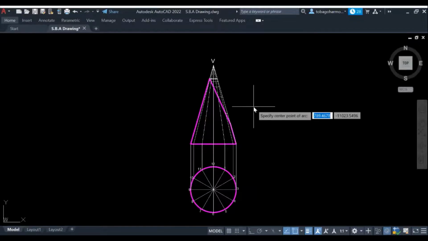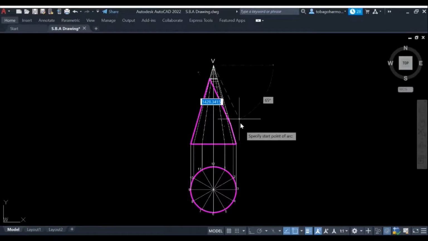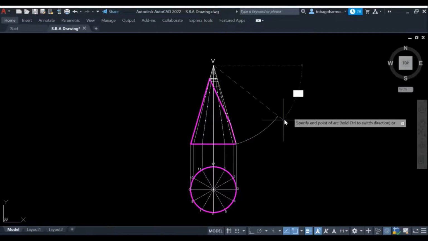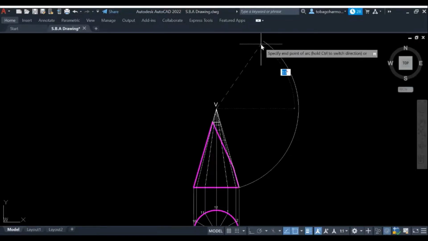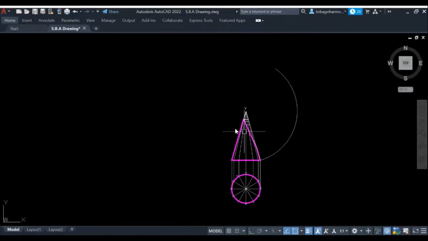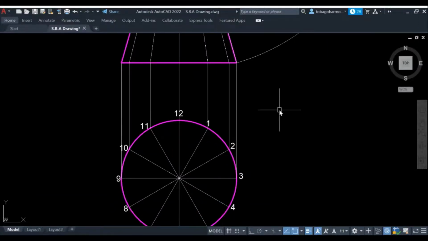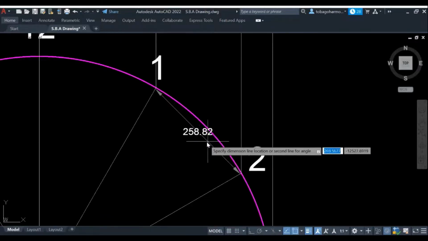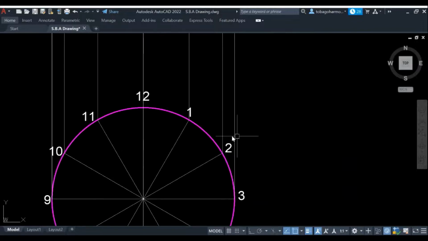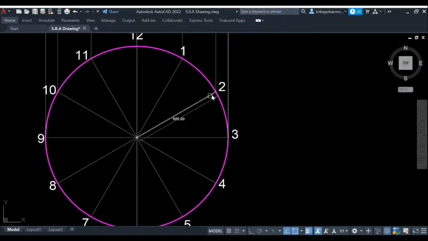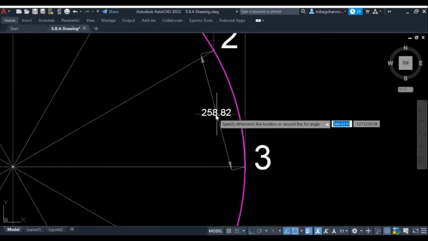Now I have a very clever way for us to determine the length of it. Firstly, we're going to draw an arc. The radius of the arc is V3, as you can see here. Wonderful. And now we need to know the spacings between the points on our circumference. So I'm going to measure it here, and it's 258.82. And just for safety, I'm going to do it again between points 2 and 3. Right, so it's the same thing,